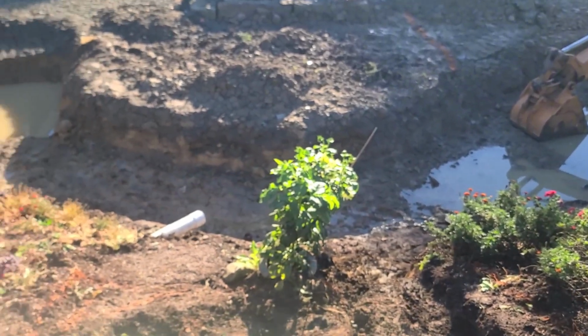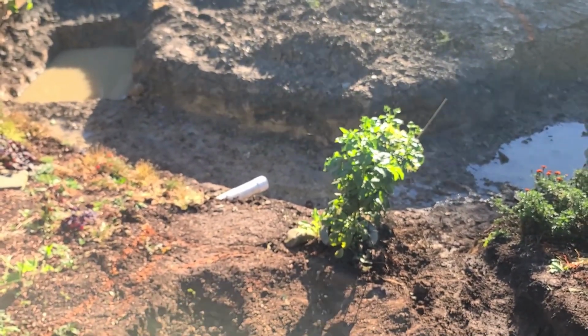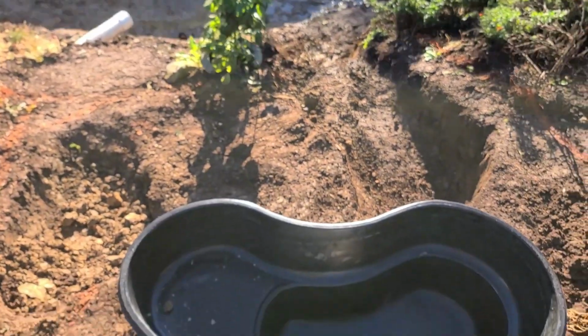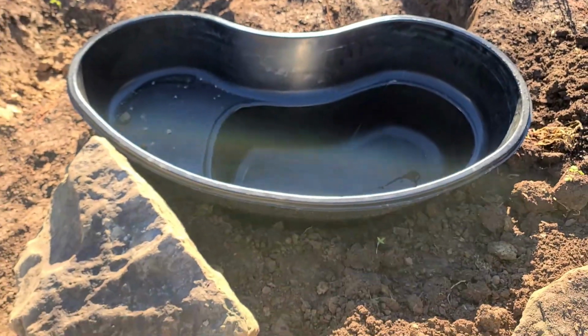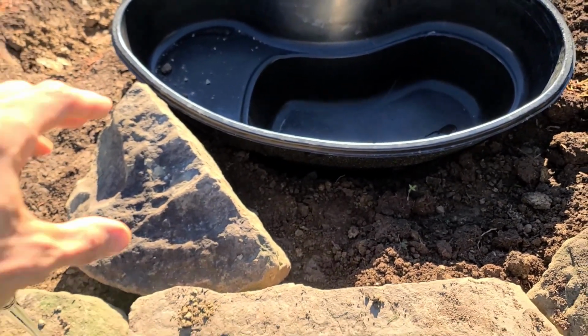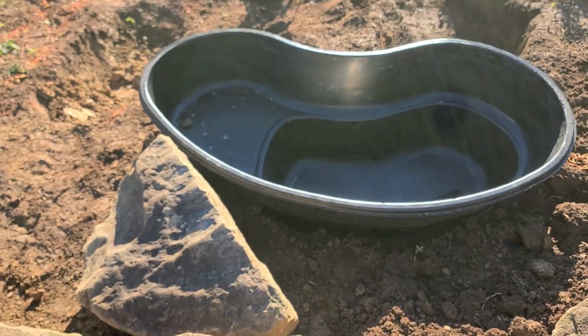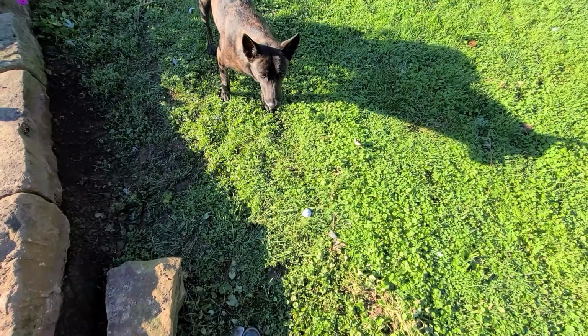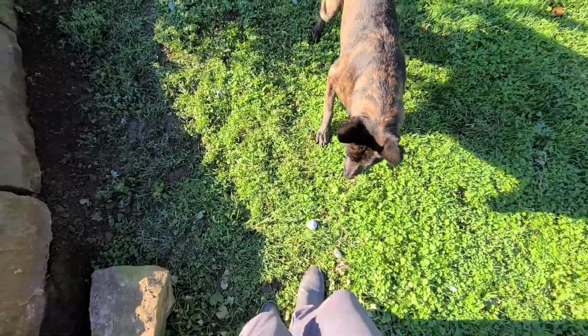But for the wetland filter, I'm gonna have to use a sump and try and pump that out a little bit further away so it doesn't just leak back into the hole. This is going to be my biofalls, and I think it's going to have to get pulled back just a hair this way, and then I'm going to have to pull all this dahlia out. But first,